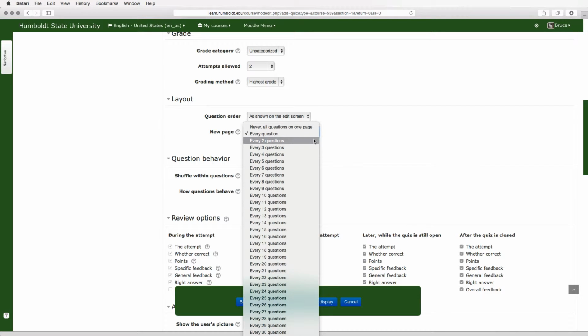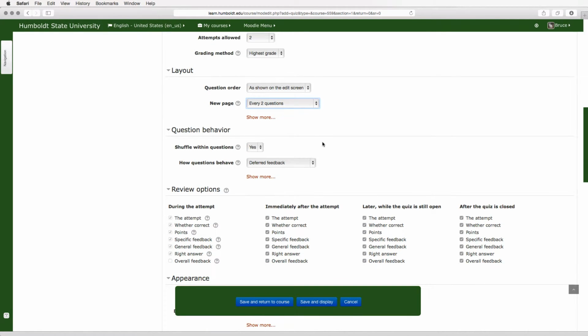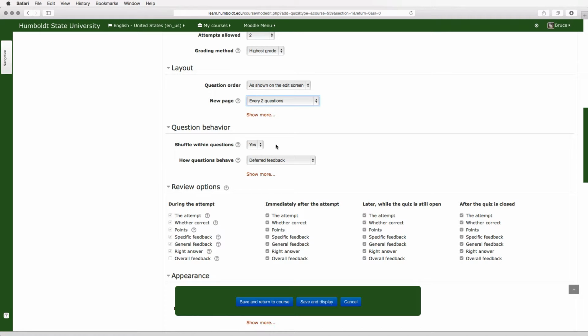It keeps the screen active and helps prevent time out. Now, shuffle within questions is kind of cute. When I take the test, the correct answer to question number 3 will be answer A, and then if you shuffle within the question, when you take it, the correct answer is going to be number C. So decide if that's something in your classroom management style that you like.